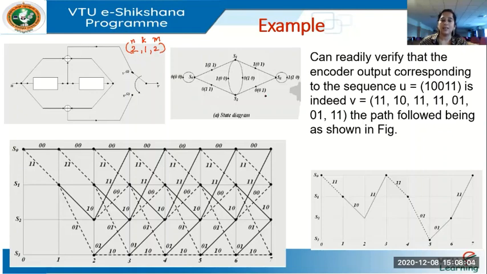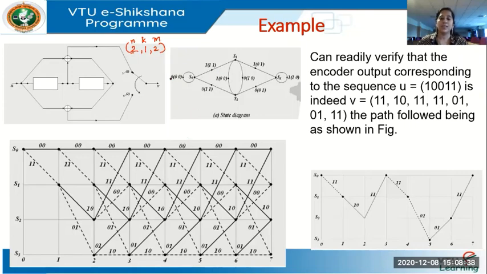So here I am directly considering its state diagram because this will help us in drawing this trellis. In order to draw the trellis, we either need the state transition table or the state diagram. One among the two is necessary for us to be able to draw this trellis because we need to know the code words for each transition, say from state 0 to state 1, if there is a transition, what was the input bit which was there and what is the corresponding code word. We need to know that.